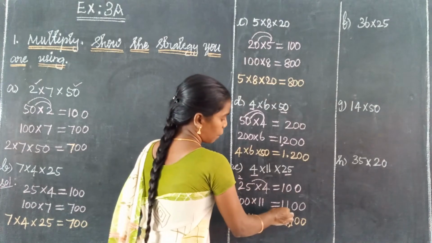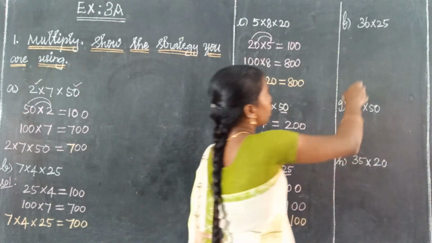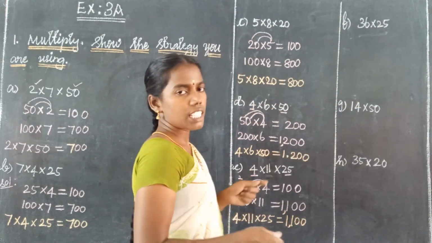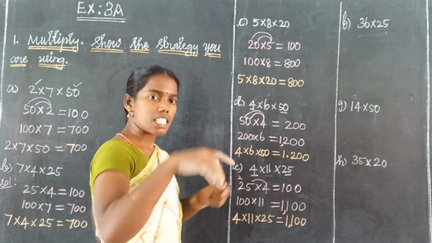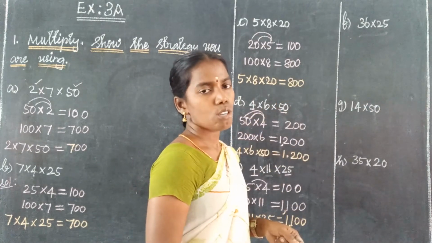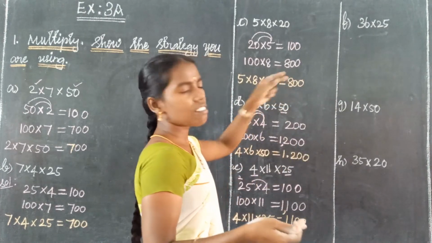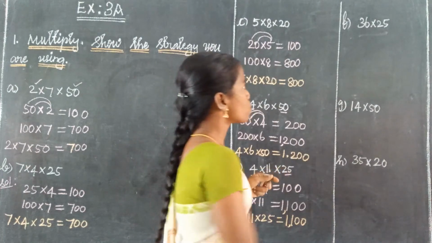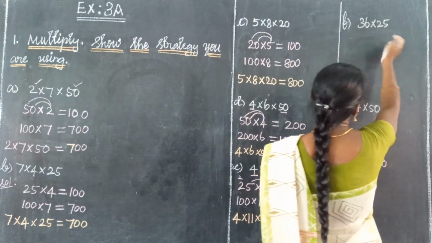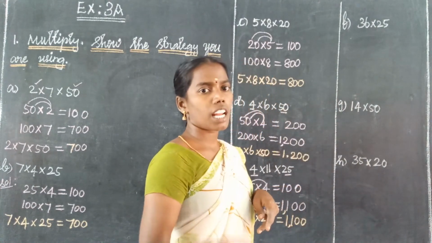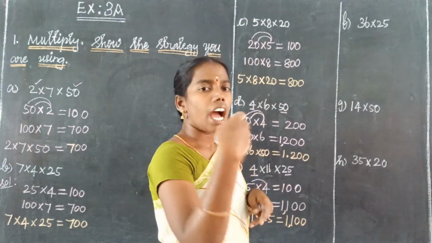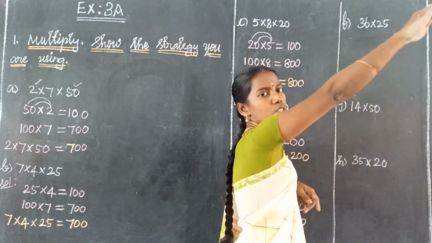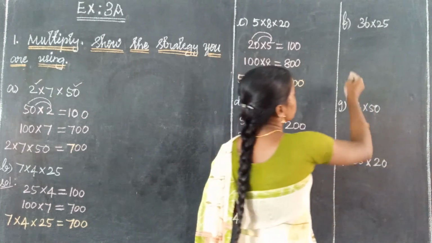And then problem F, the two values problem: 36 into 25. In 36 into 25, we can split 36 as 6 6s are 36, or we can directly multiply these two values. The 25 we can split as 5 5s are 25. We can split either of the values, or directly multiply, and they give the same answer.